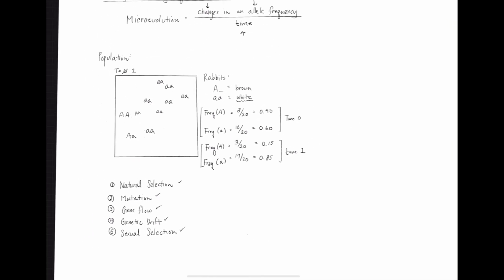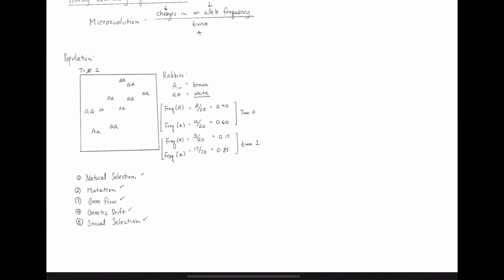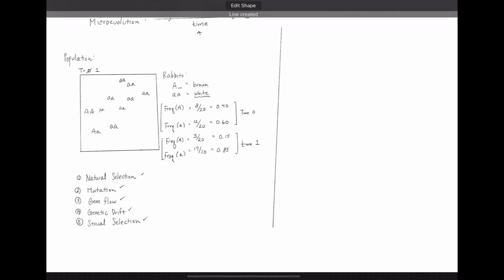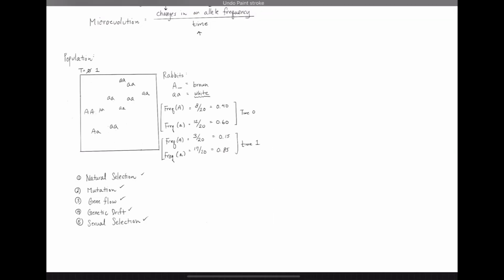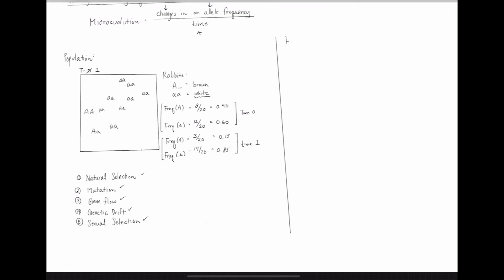So we've learned about what microevolution is. So how does that relate to the Hardy-Weinberg equilibrium? Well, it turns out that the Hardy-Weinberg equilibrium can be thought of as somewhat of a null hypothesis for evolution. Let me draw that line again. And the null hypothesis for evolution is that in a Hardy-Weinberg equilibrium, we don't have microevolution occurring. So I'm going to write it like this. No microevolution occurring, which would indicate that the allele frequencies would not change across time if a population is at